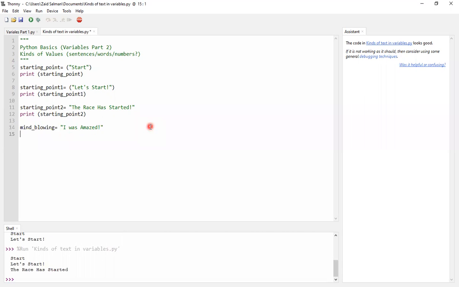I can print it. I can also do mind blowing 1, which is I was so amazed that my eyes started to roll. And we can add just dollars, dollars, dollars. So let's see if putting dollars, dollars, dollars, if I put the $3 signs, will it work?